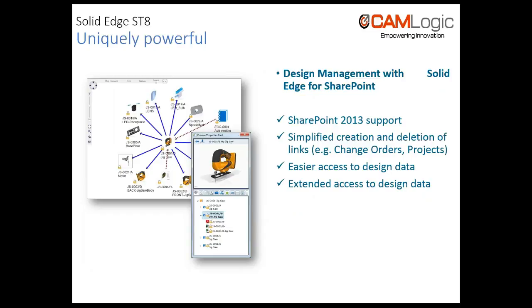Design management with Solid Edge for SharePoint. SharePoint 2013 support, simplified creation and delegation of links, easier access to design data, quick find, mini browser added to the preview properties card, expanded lookup support, extended access to design data, download copies, extended package file creation, files from an entire assembly to share externally, new publishing tools for workflows,